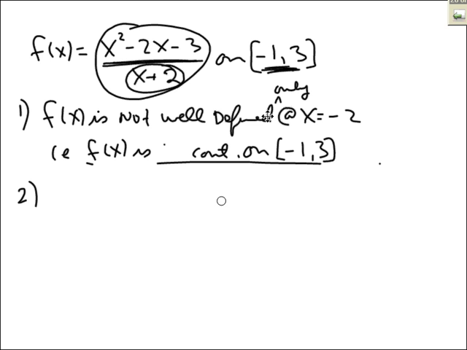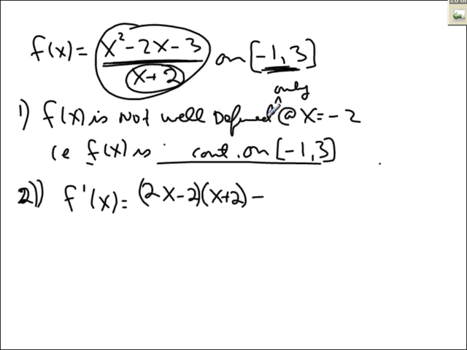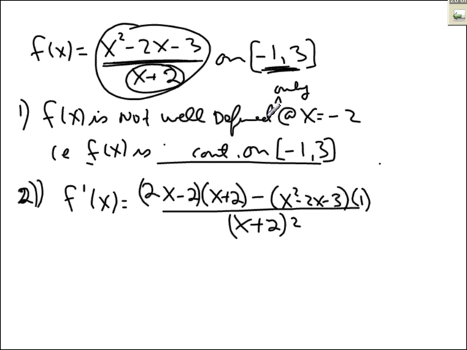So let's get rid of it to save space. And now let's take the derivative. Okay. So, derivative of f of x. It's the derivative of the top, it's 2x minus 2 times the bottom. Now I reverse the game. Minus. We keep the top the same way. We take the derivative of the bottom, which is 1. And all of this gets divided by the bottom squared, x plus 2 squared. So we're going to have 2x squared